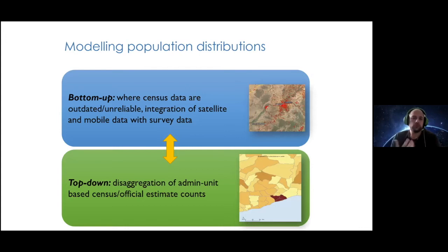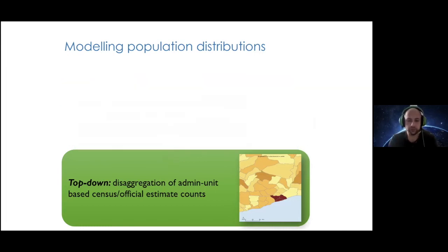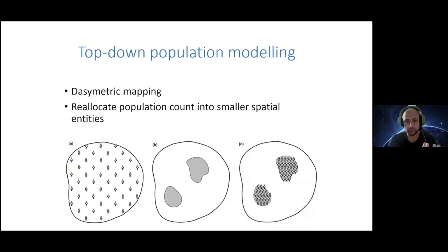There are usually two approaches that we can use to model and map population at fine resolutions using geospatial data, either bottom up or top down. The most common ones that we know, the most popular products in terms of coverage and temporal resolution as well, are top down, which means we are disaggregating administrative units, some existing census data, where we know the population, to very fine scales using geospatial information that is at finer resolution.